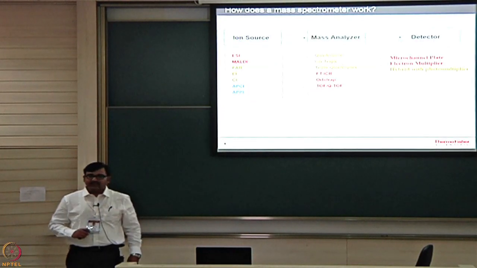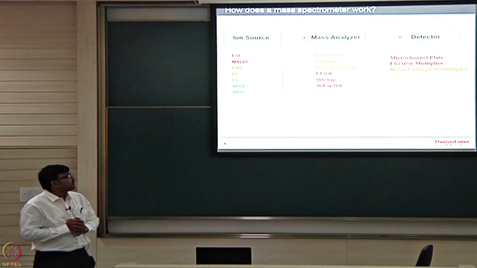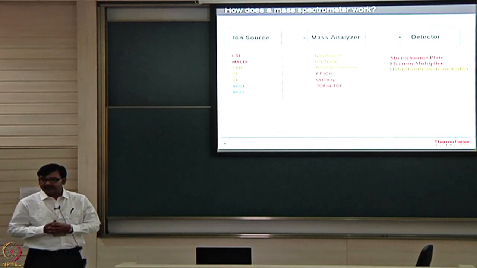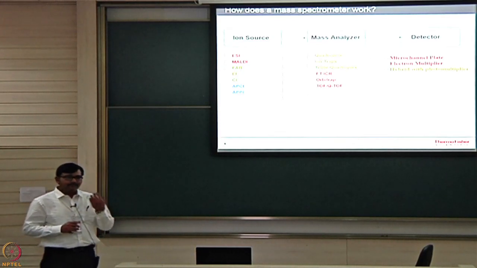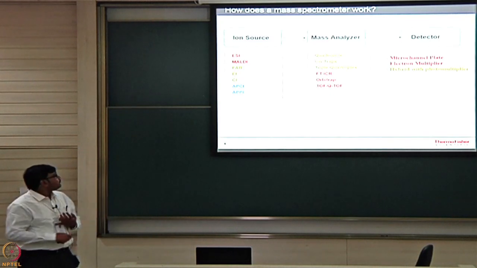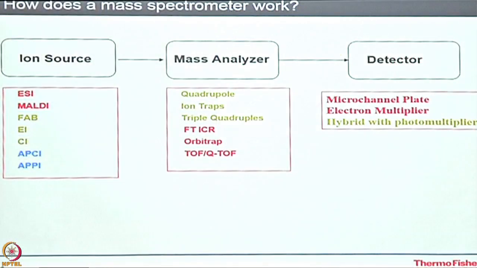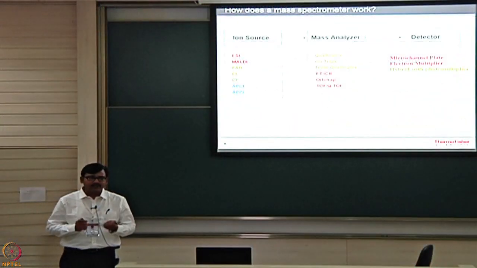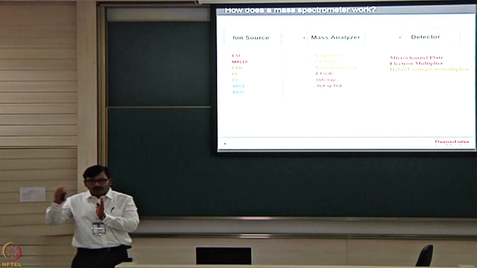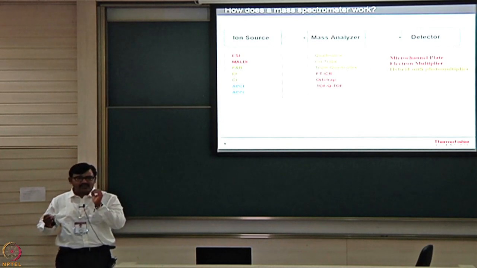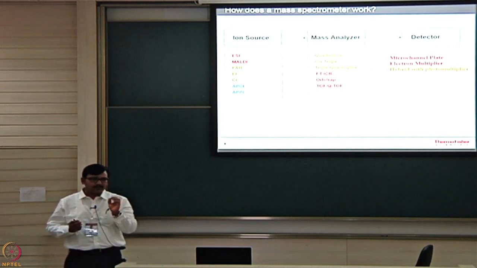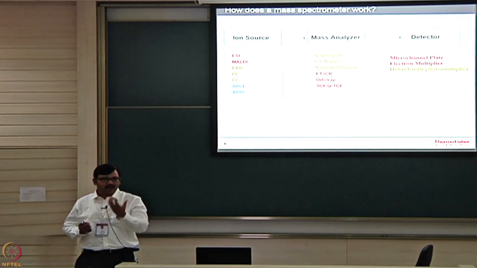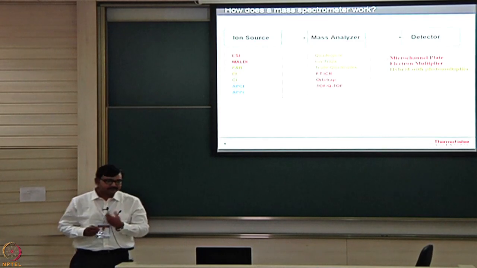So let's see what components there are in the different sectors. First, the ion source, where the ionization happens. There are very different methods of ionization, and the most popular are ESI and MALDI. You have already heard about these. Electrospray ionization is liquid to gaseous. You inject the sample in solution format, and you apply a high voltage, and that high voltage makes the ionization.